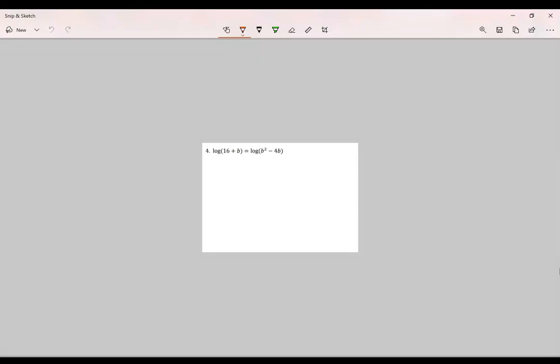Okay, so in this example, I've got a log equals log equation. There is no expanding or condensing that I actually need to do because I just have one single log on both sides. So my first step is actually going to be to exponentiate to get rid of the log. I know that my base on both of these logs is a 10, so I'm going to start with 10 as my exponentiating base. The 10 and the log are then going to go away, and I'm left with 16